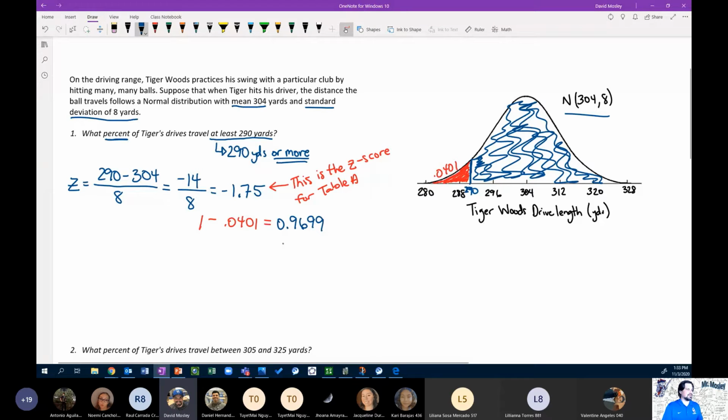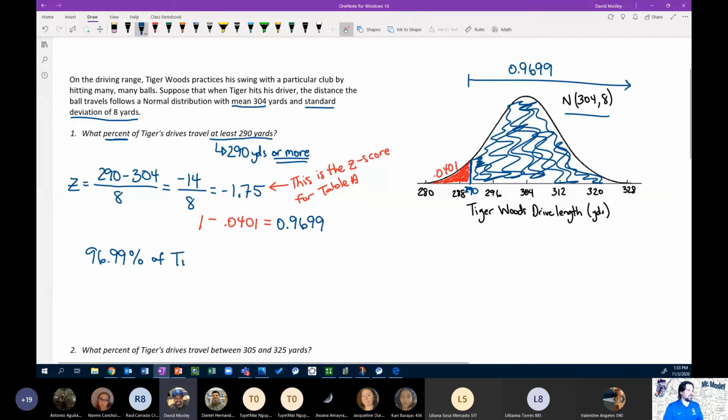0.9699. Right? So that is this rest of the area, right? Everything from here over, 0.9699, which makes sense. When I add those two numbers together, I get 1. And that has to be the area under the curve. So then we have, as our final solution, because we need a percentage, 96.99%